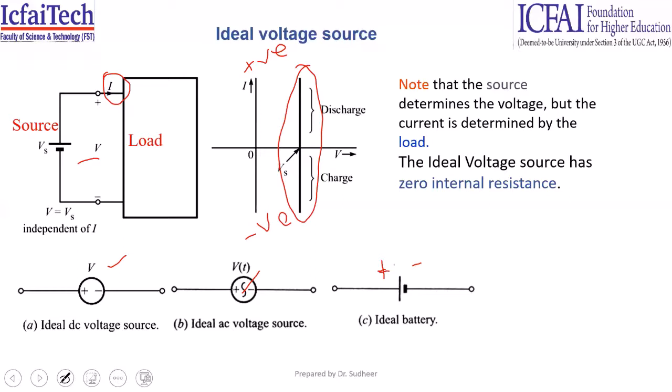So if we had an ideal voltage source available in real time, we could draw an infinite amount of power from the source to the load. We would not need these many different types of generating stations. So practically, we don't have a voltage source which will give constant voltage irrespective of the current drawn from the source.